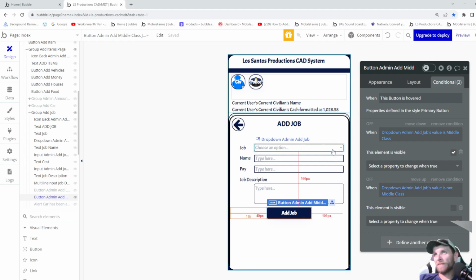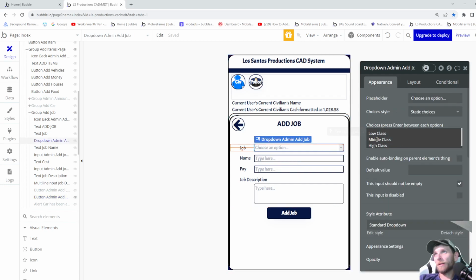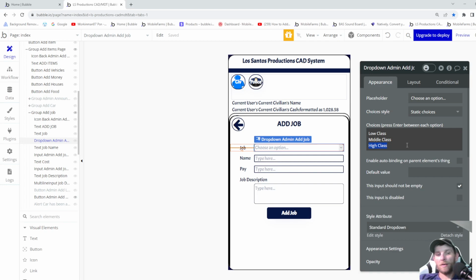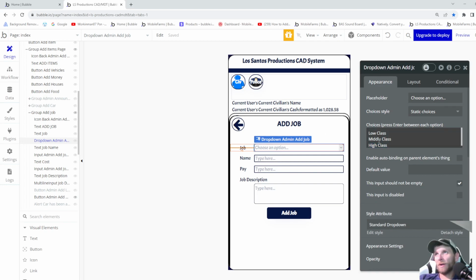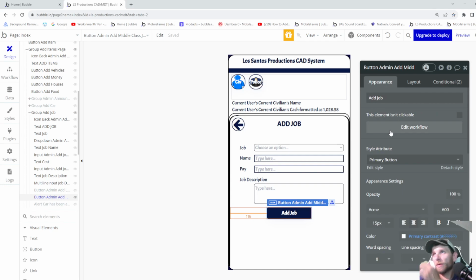We copied this from this drop down right here. Needs to be spelled exactly like it is here. Control C. We're in copy high class. We're going to go back and change this to